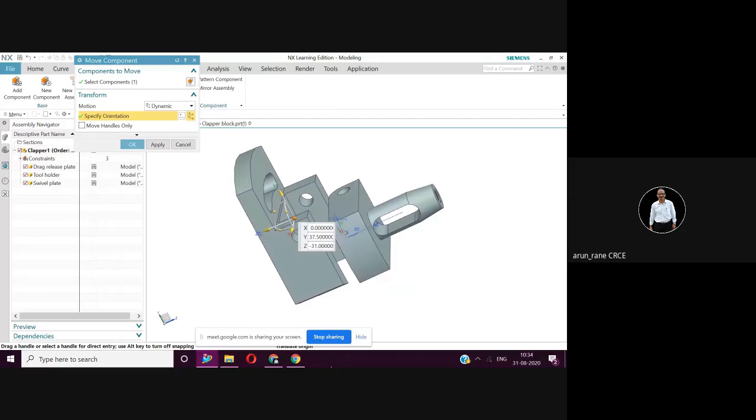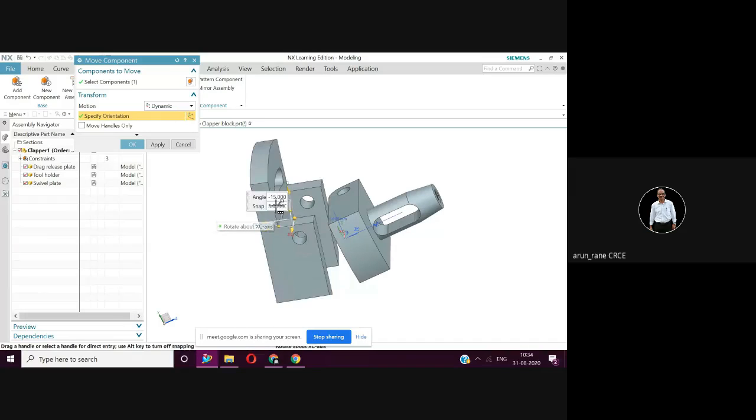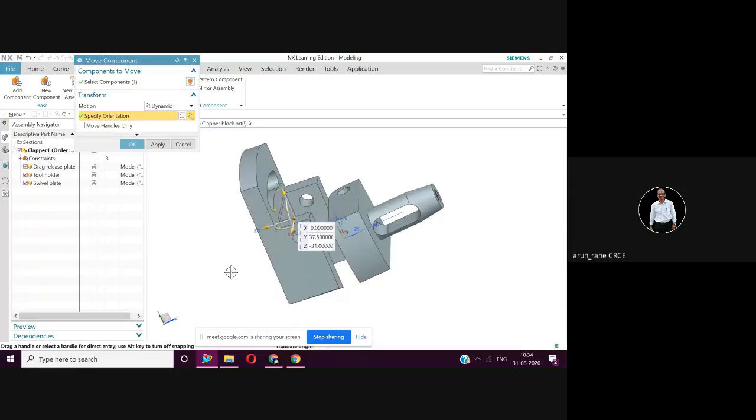So now the direction has come properly. Now you have to match this with this, isn't it? So again, see, rotate, hold it here, and see now this is wrong direction. So again, let me try this now.